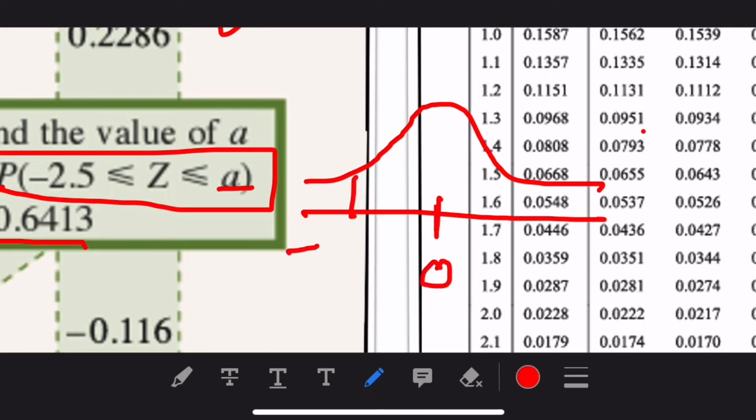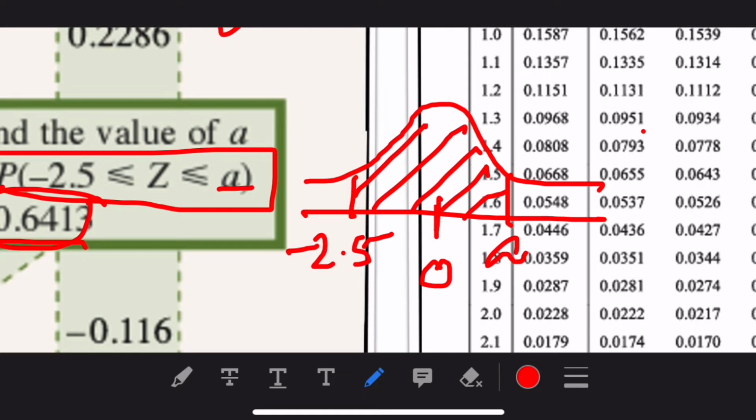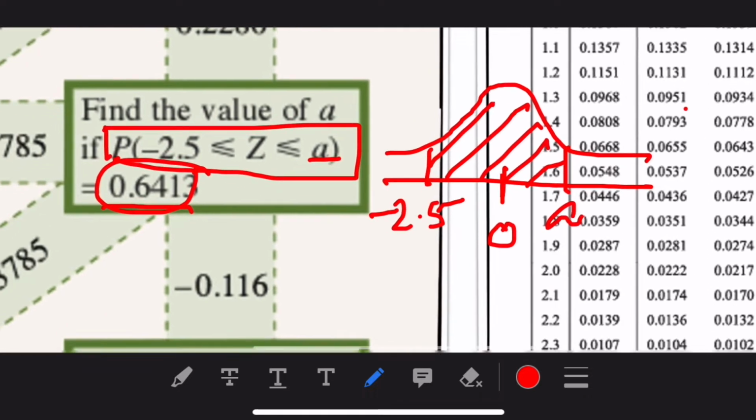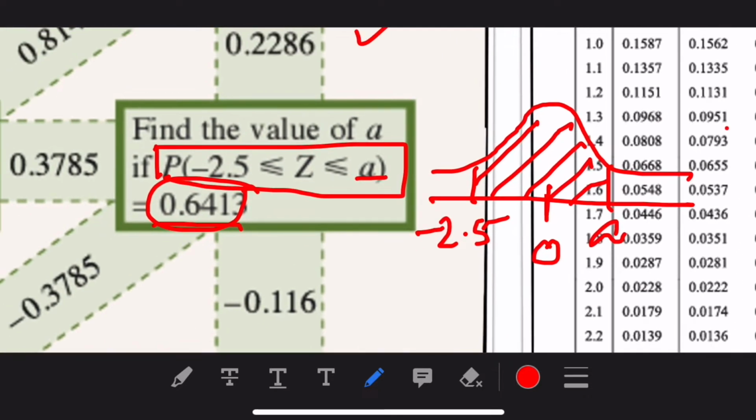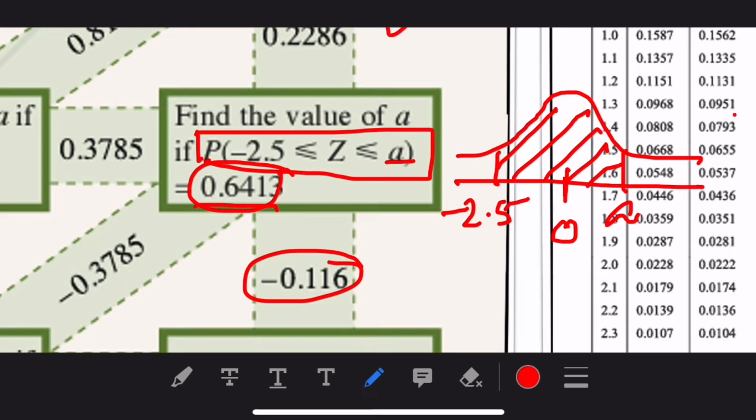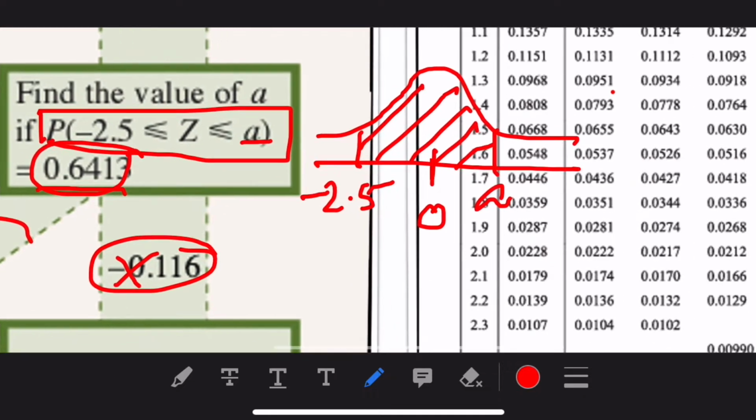Negative you can put anywhere to the left, and then A, I think I will put here. Why? Because the area of the bell is more than 0.5, so it should be more than half of the bell. So I expect A will be positive. If you look at that, you have three choices. These two are negative, so I will choose this one. All right, so I'm going to show you how I get this